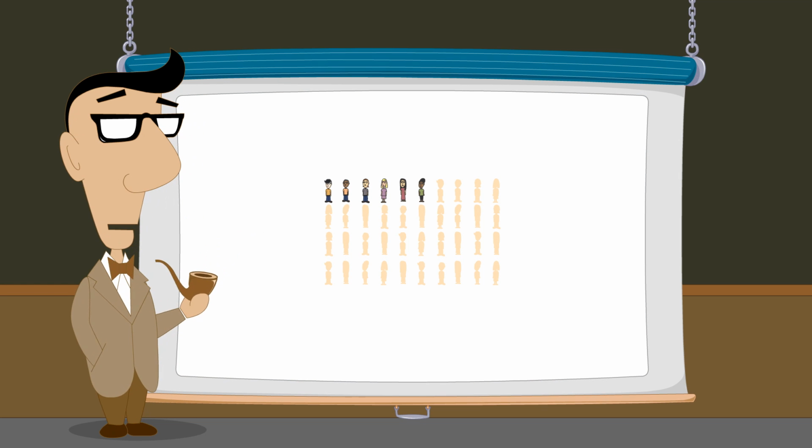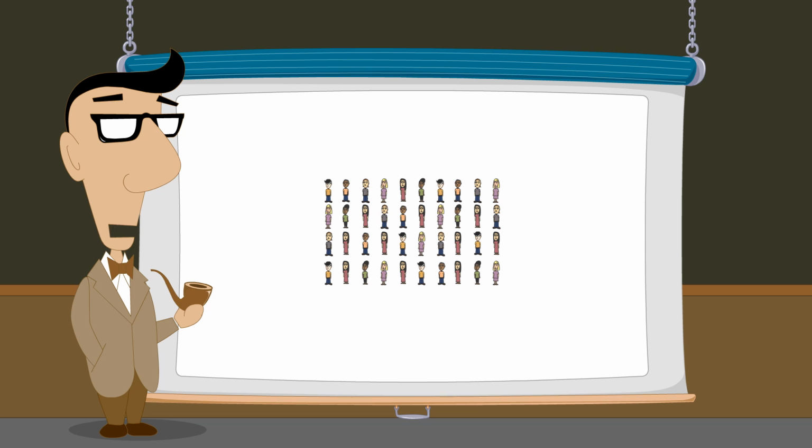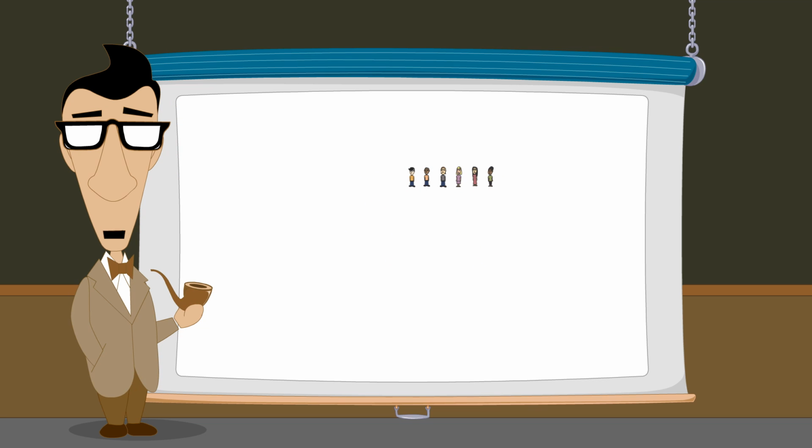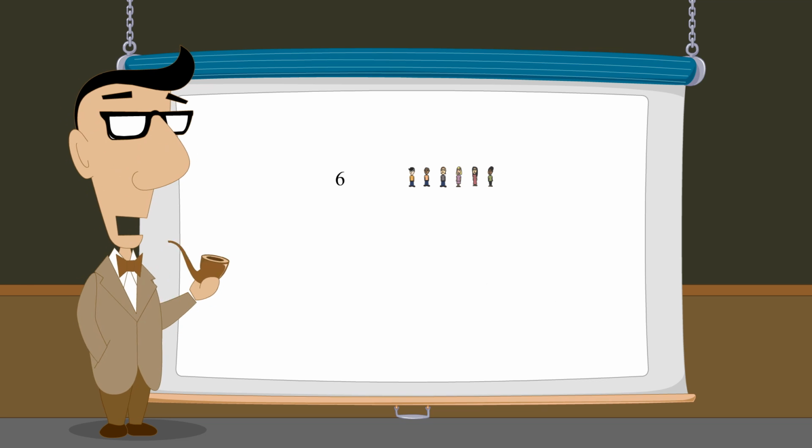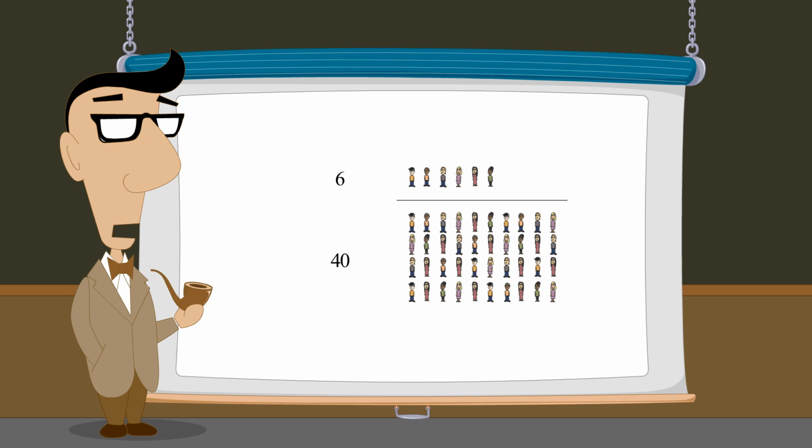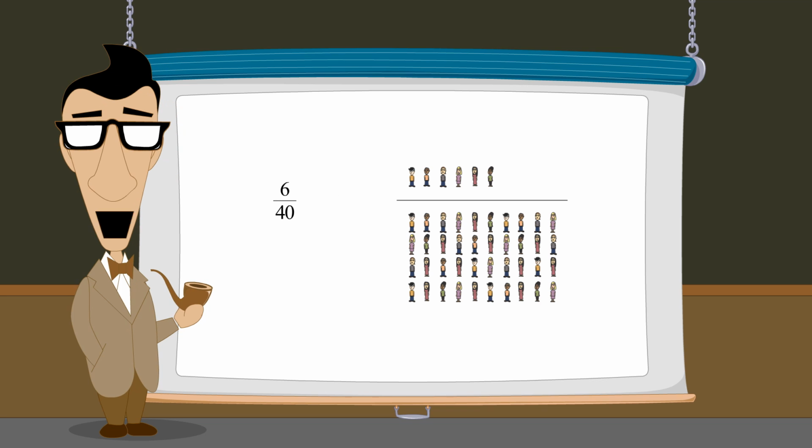The decimal equivalent of a percentage can be thought of as a ratio of the percentage amount to the entire amount. In other words, the amount after the percentage is taken to the amount before the percentage is taken. In this example, this is the ratio of the 6 students who made an A to the class of 40 students, or 6 over 40. 6 divided by 40 is 0.15, which is the decimal equivalent to 15%.